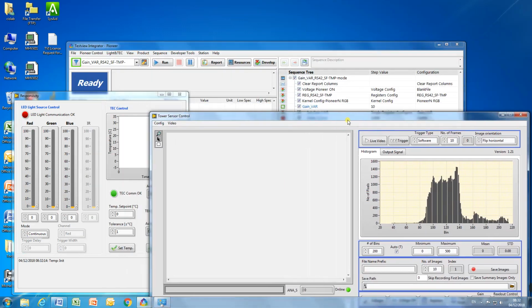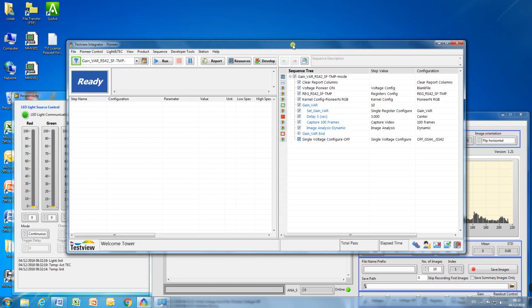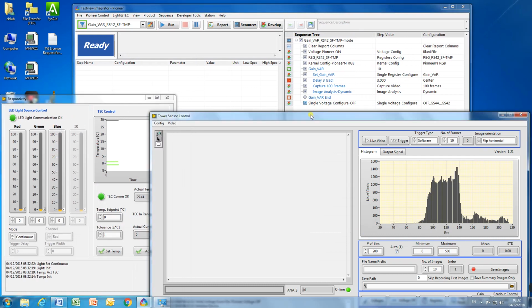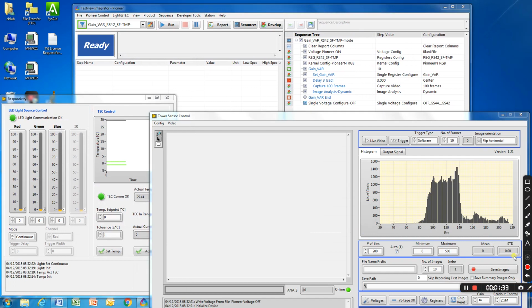So when we launch the TVI, we get three screens that pop up, and I'll explain them now. We'll revise them for a short while. Let's have some annotation. So the main screen of the TVI is here on the background. That's the main screen of TVI. Here we have the primary screen.